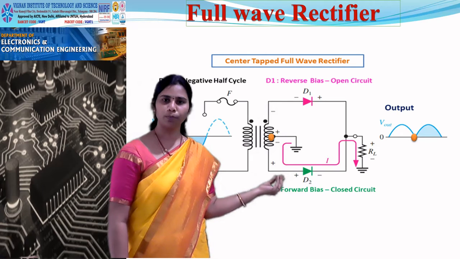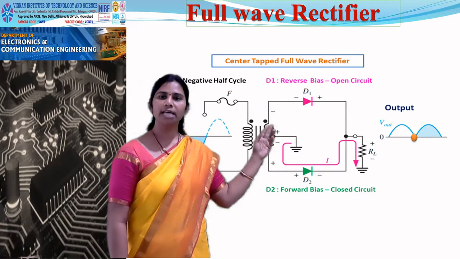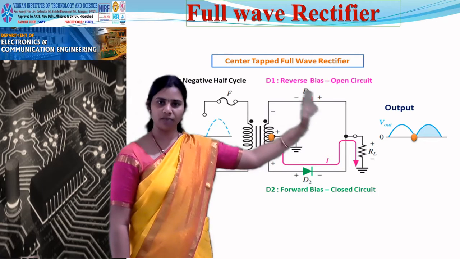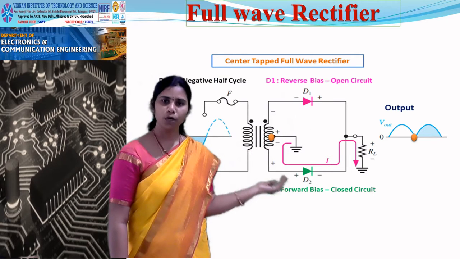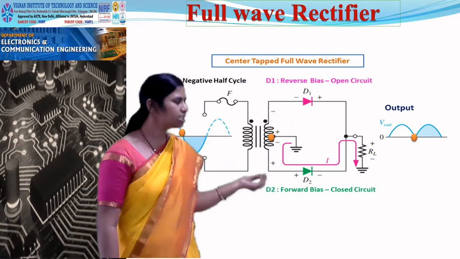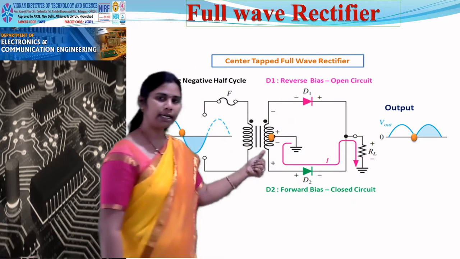Negative here at this node, positive to p-type negative. So as negative we have applied, this is off. So this will not conduct, D1 is off. Now this positive is applied to D2. So this will be in the on state. So this will conduct. So your current will